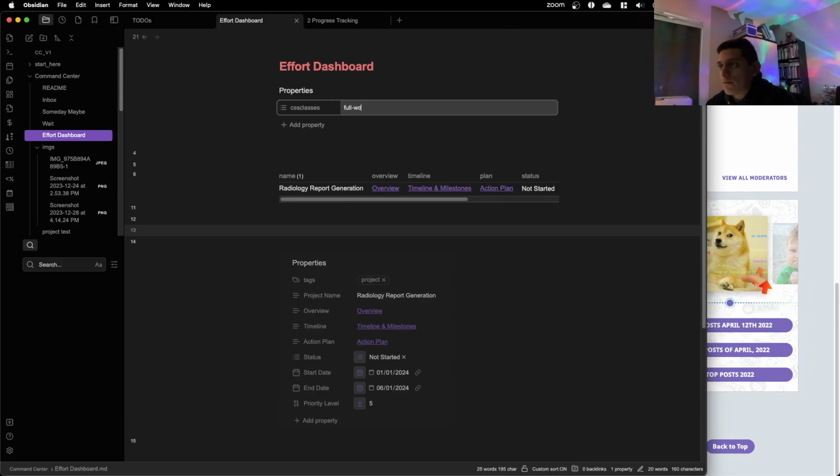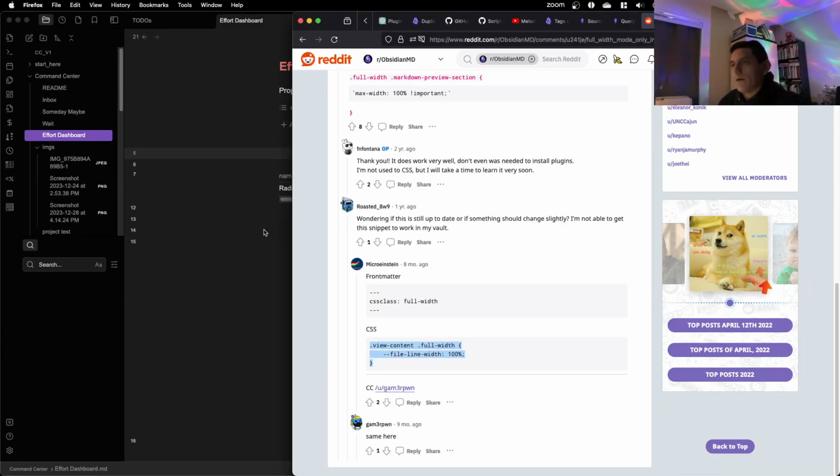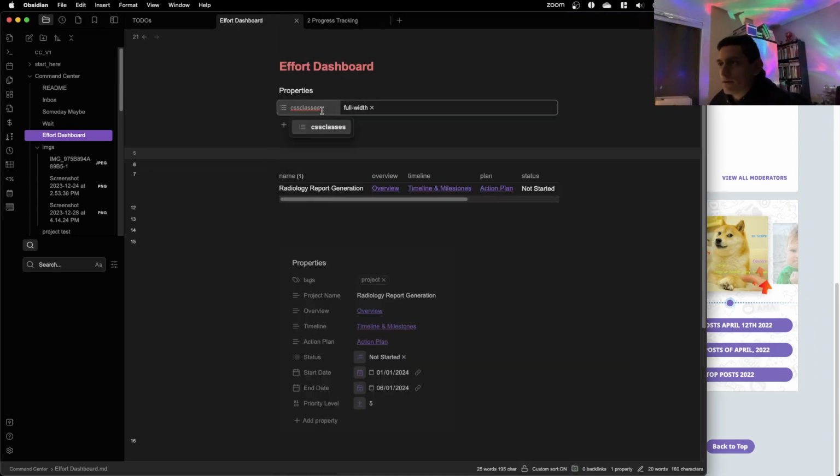Full width. Width. CSS class. Oh, cause maybe spelling it wrong. No.